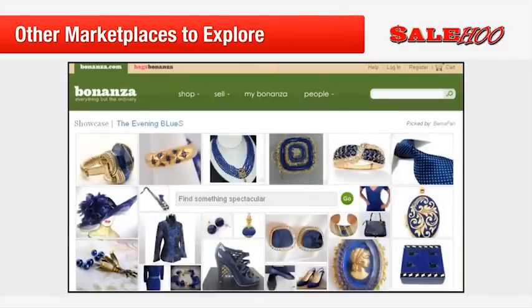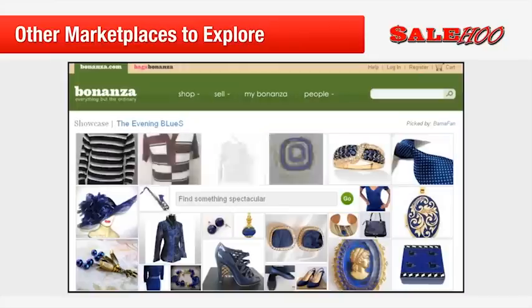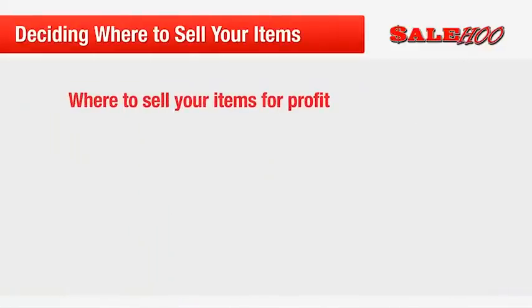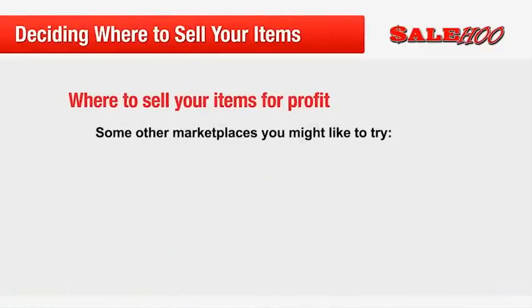Bonanza does not charge listing fees, but does charge a small percentage on the sale price when you make a sale. Again, when you sell on Bonanza, your biggest challenge will be getting buyers to your listings, but the site continues to grow all the time. One of Bonanza's strengths is their cool marketing tools that help to promote your listings, so make the most of these there. Some other marketplaces that you might like to check out are Etsy.com, BlueJay.com,